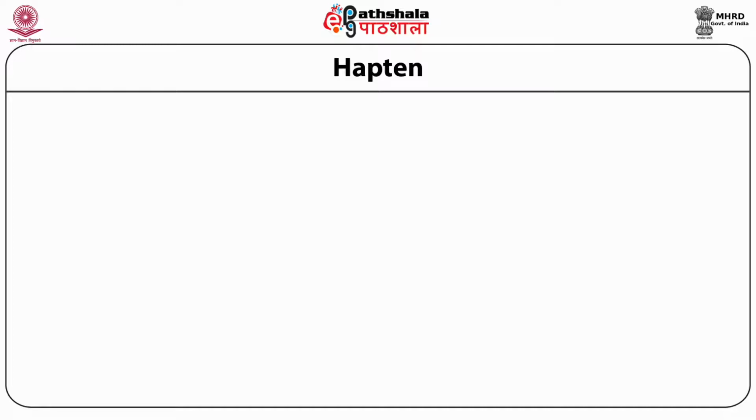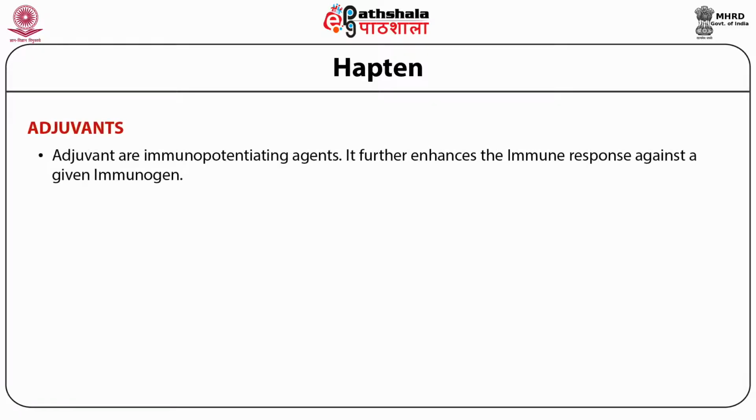If you want to generate an antibody against these molecules, you have to link them with a protein carrier. Once you link with the protein carrier, you can induce antibodies against these polysaccharide molecules, nucleic acids or lipid molecules. And I already told you regarding the importance of a vaccine. Many times the potency of the vaccine can be increased by mixing with certain adjuvants, and these adjuvants act as a depot mechanism where they release the vaccine slowly into the circulation, where they come in contact with various B cells, T cells and macrophages, thereby producing a higher immune response.